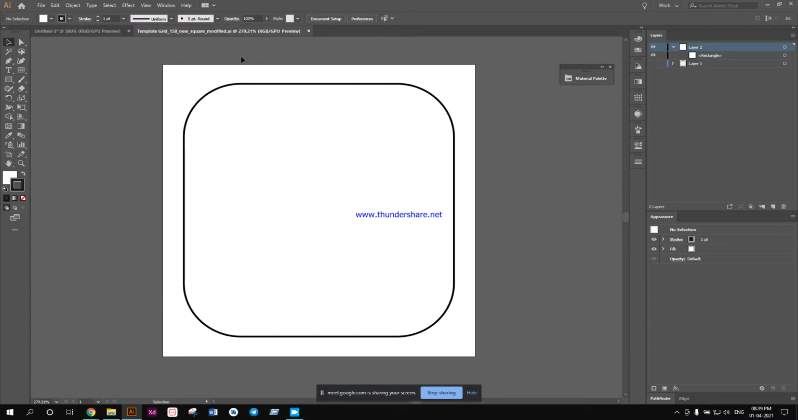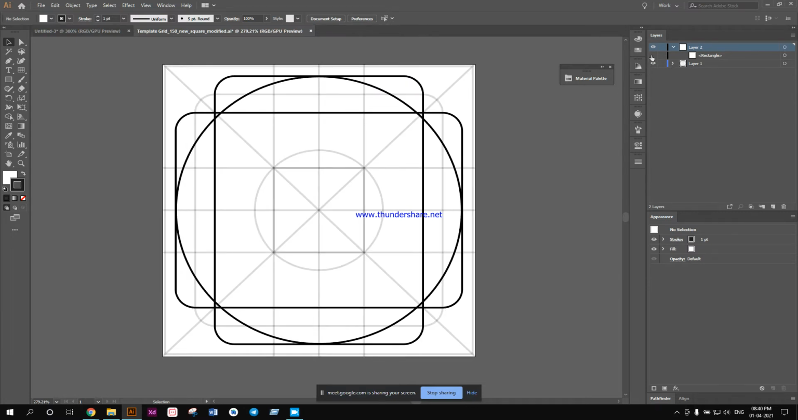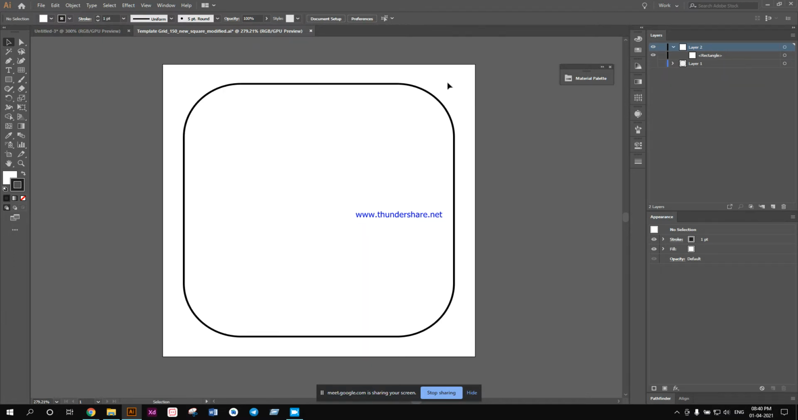Now you see over there, this is my new grid, and currently most of the icons are being made with a rounded rectangle, rounded square background. That's why I kept it over here, and behind this layer you have all the other key guidelines. Basically this is the same, just a slight modification has been done. Okay,